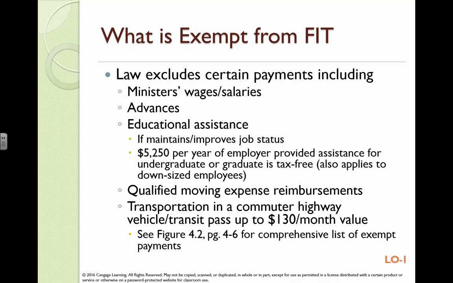And again, this doesn't apply to Montana at all, but my son lives in San Francisco, and one of his benefits is you get passes. Anybody that's traveled to a big city knows you can drive in a certain lane if you've got a sticker that shows you're a commuter, and they pay for his sticker. That's worth $100 a month. Or they give him a toll pass because he goes over the Bay Bridge from Walnut Creek to San Francisco 4 times a week. Those kinds of things, you don't have to pay tax on those.